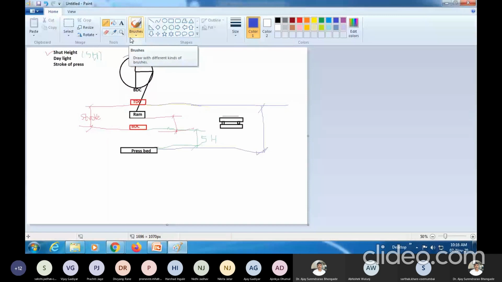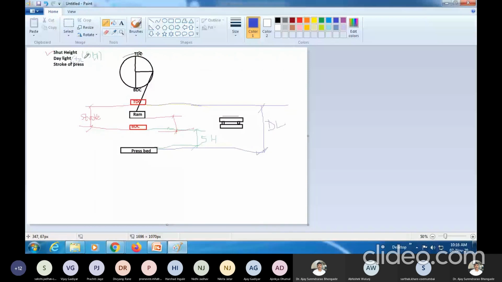So only in the BDC position we will call it shut height, and if it is in the TDC position, top dead center, then we will call that particular distance daylight. So DL is this position,